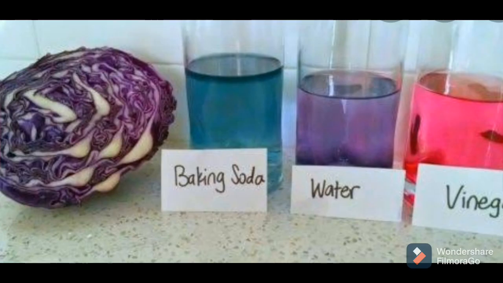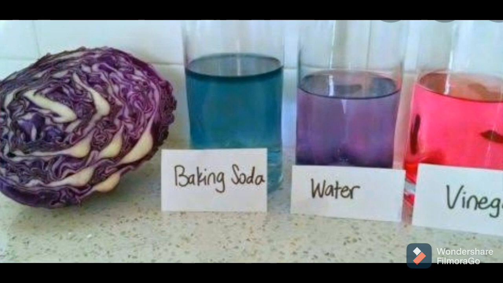Neutral solution means what, students? Neutral solutions means the solutions which are neither acid nor base. They are called neutral solutions. Then when we put 2 to 3 drops of red cabbage solution into the neutral solution, it remains purple as it is. The original red cabbage indicator solution is purple in color. Then it shows pink or red color in acidic solution and blue or green color in basic solution, but in neutral solution it remains as it is, means purple.